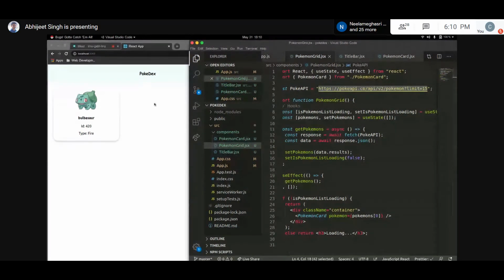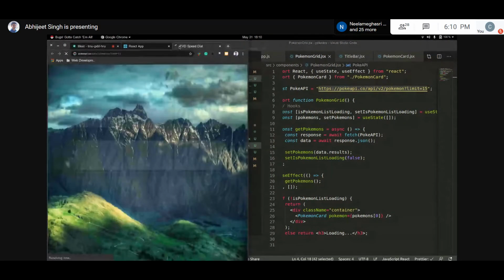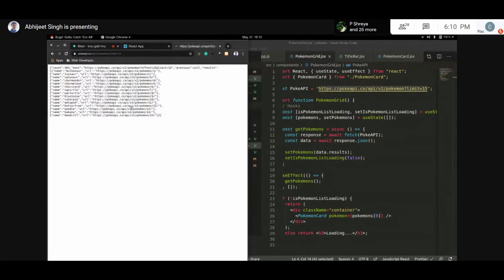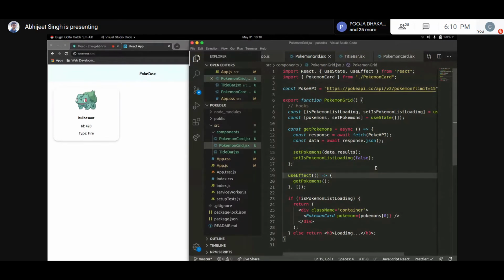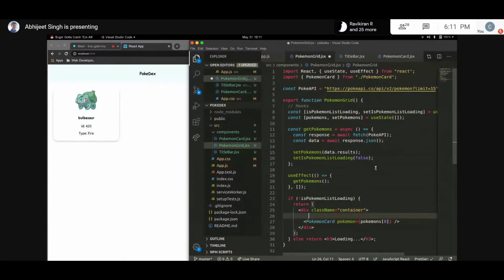I made a fetch call to this API, which is giving me these values. I have these values in my Pokemons thing. Now inside JavaScript for rendering components, a for loop might not always be the best option. Sometimes it doesn't even work. We'll be using the map function to render the component. Now we'll be removing this Pokemon card and actually writing a mapping function here.